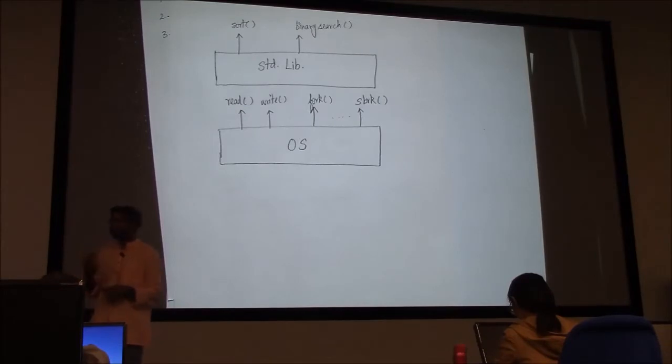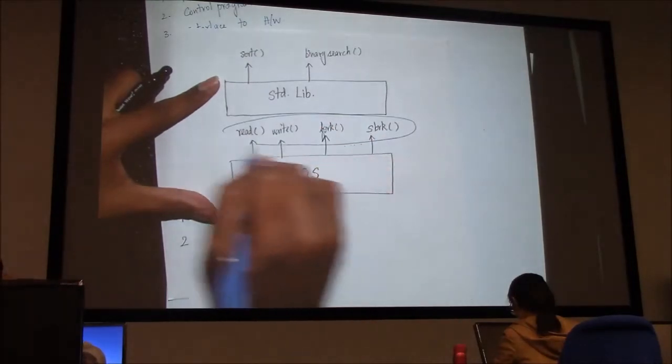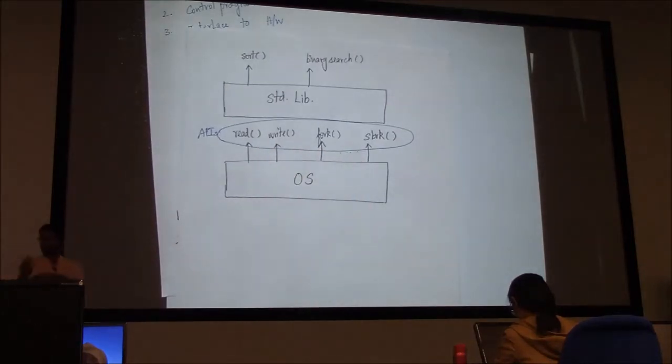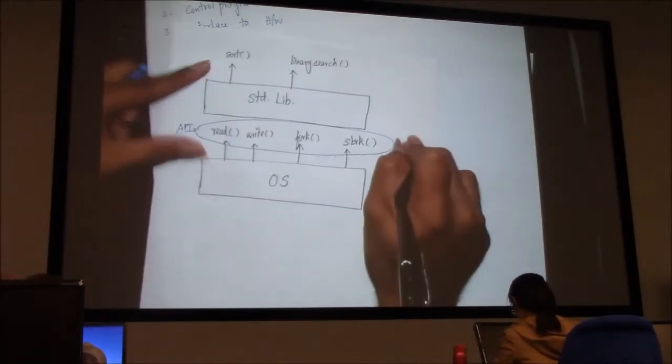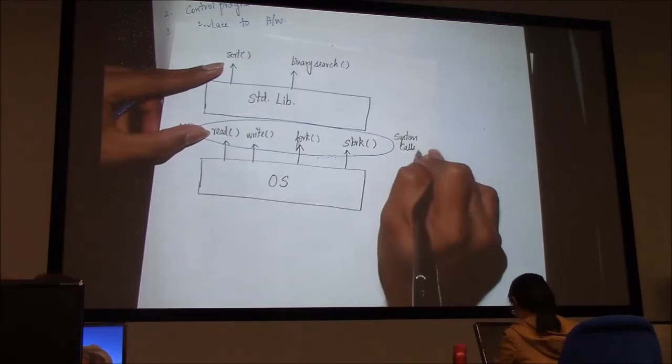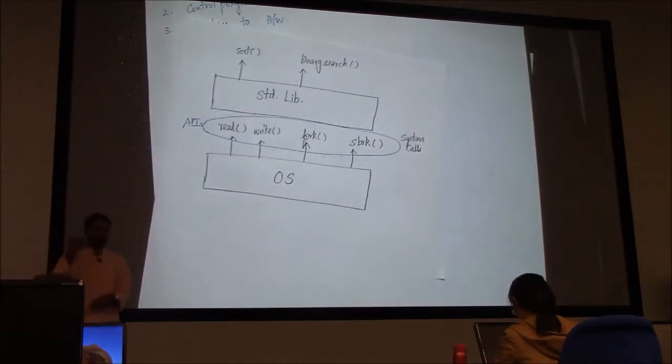And these are just like the APIs, application programming interface, and the APIs that the operating system provides have a special name. These are called system calls. System calls are the APIs that the operating system provides to the applications. Using these APIs, the applications can do privileged operations. For example,